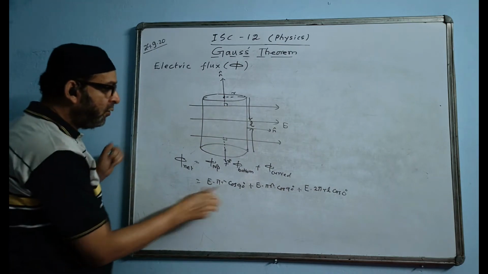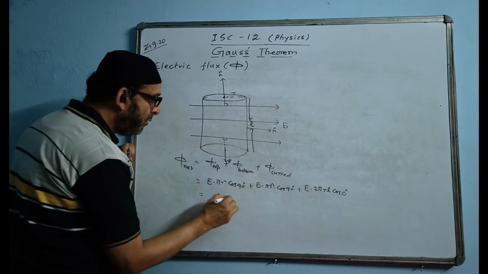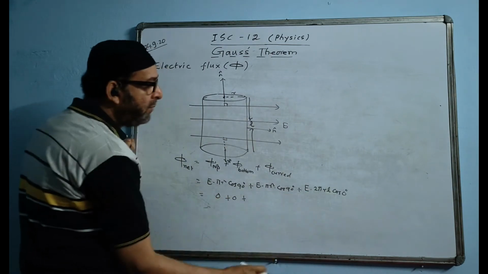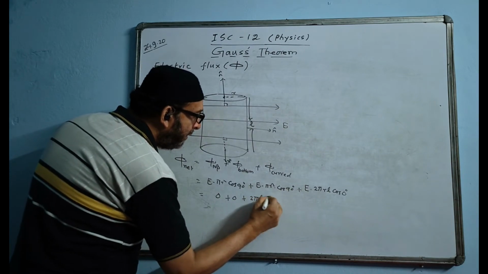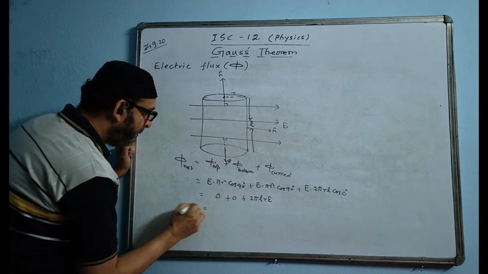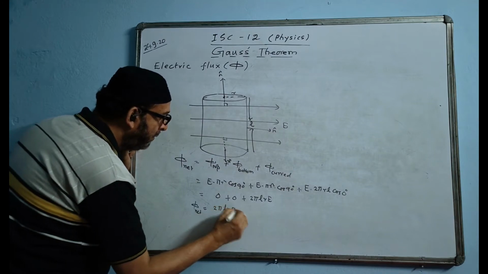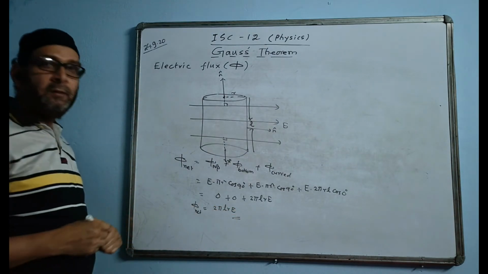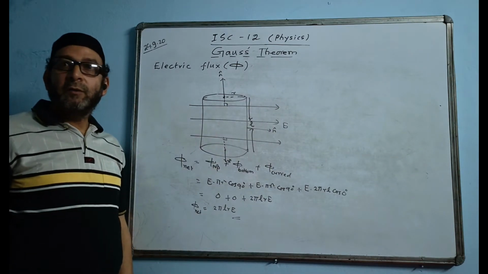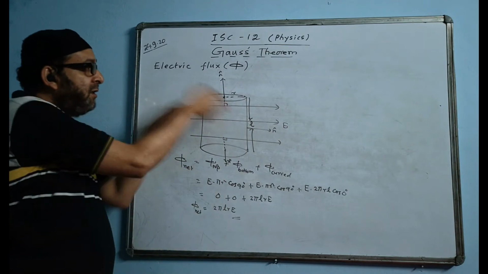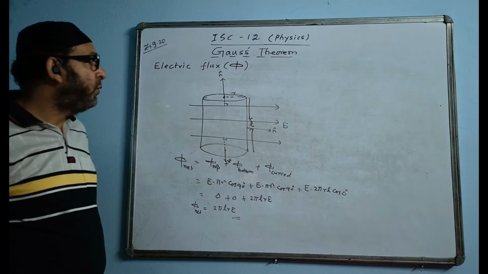Now we'll find the answer. Cos 90 degree is 0, the entire thing becomes 0. Again cos 90 is 0, this thing becomes 0, so 0 plus 0. And cos 0 is 1. This is the answer left over. We can write the answer like this, 2 pi L R E. That means phi net will be this much, 2 pi L R E. This becomes the value of net flux in this case. In this case, the answer will not come 0. In the previous case, as shown, the answer comes 0. We already calculated and I have shown you.